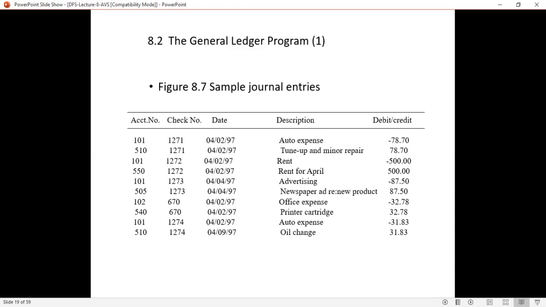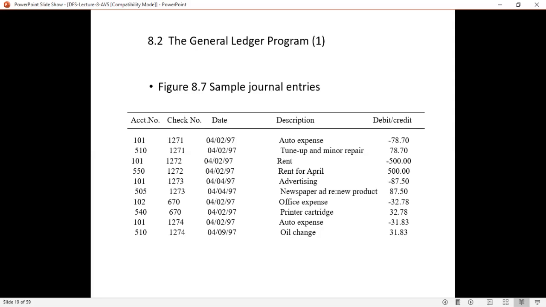You can get a printout of this general ledger program. If you want to get a printout of that particular general ledger program, you have to do some matching and merging process to get that output. That is what you are going to do here. You will consider two lists here, one is the ledger list and one more is the journal list, and you are going to perform some matching and merging to get one combined list of the ledger and journal file.